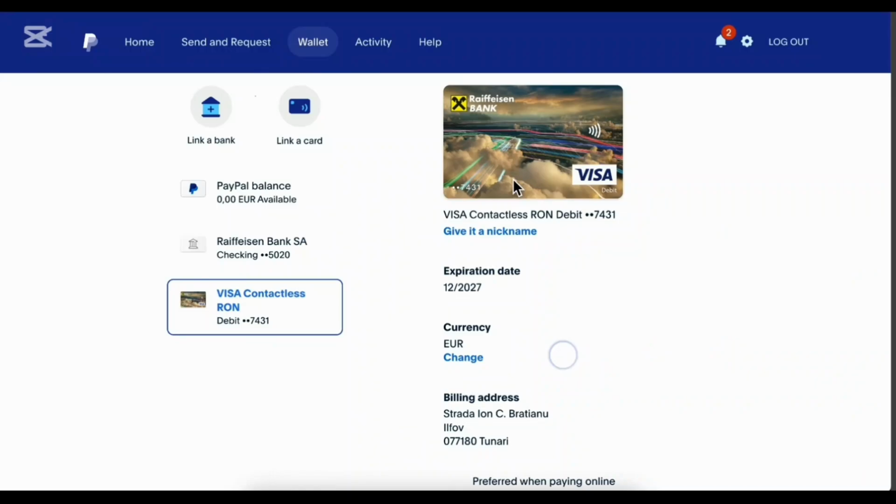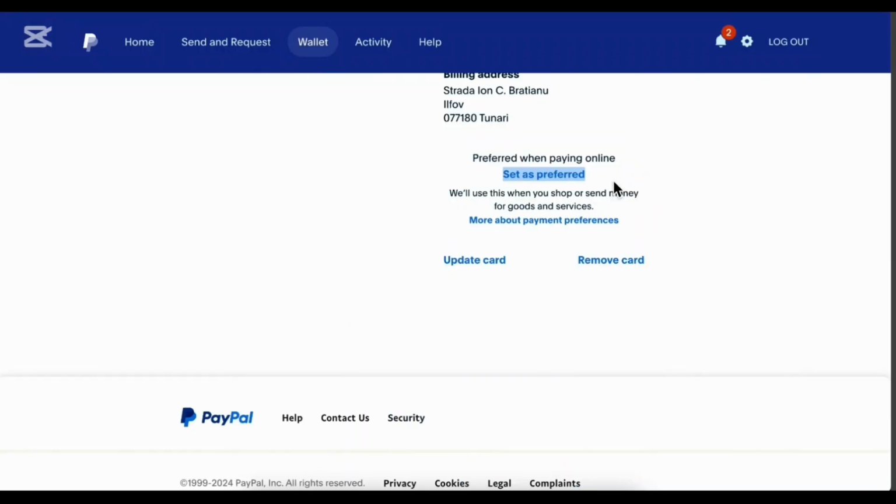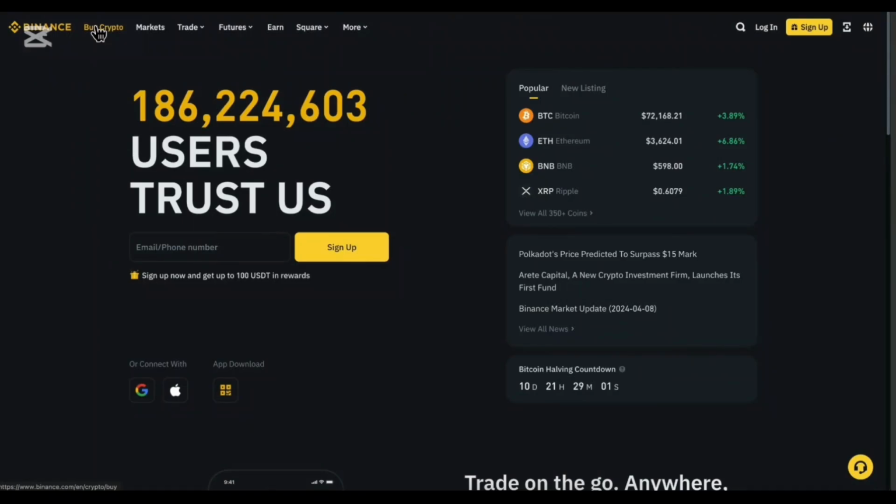You need to scroll down. Here you should be finding the option that says set as preferred. Go ahead and click on it. After you selected the card from which you may want to transfer, you may head over to the Binance application, and